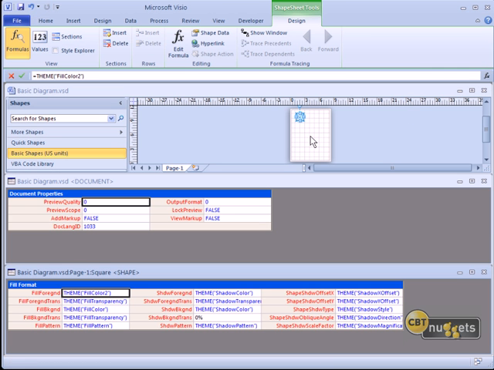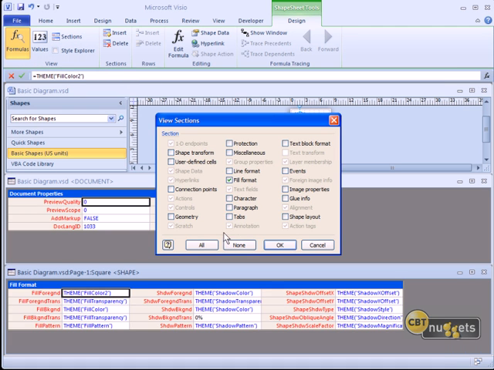So the first thing I want to teach you is how to selectively show and hide sections in a shape sheet. When the shape sheet is shown up, boy, there's a lot of cells there, aren't there? You have a custom context-sensitive ribbon tab called Shape Sheet Tools. And you notice here in the view area we have sections. This allows us to selectively show or hide sections. There's so much to the shape sheet. I find myself that if I know which sections I need to customize, I can deselect anything I don't need. Here's a nice pro tip. You can click None and then come in and select the ones that you need. You'll see that some are grayed out that are always shown no matter what, but Visio does give you pretty good control over